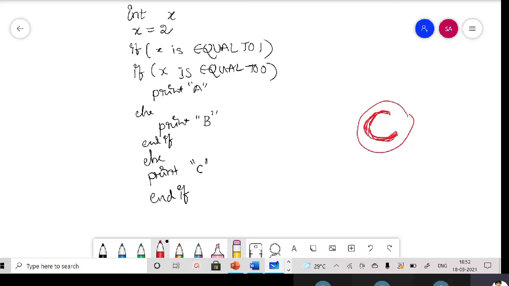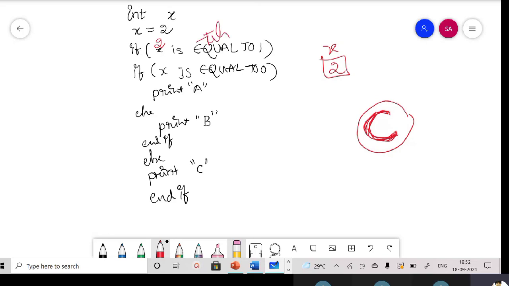In the first if condition, x is compared with 1. That means 2 is compared with 1. Is 2 equal to 1? No, sir. It will give false. It's false, very good.